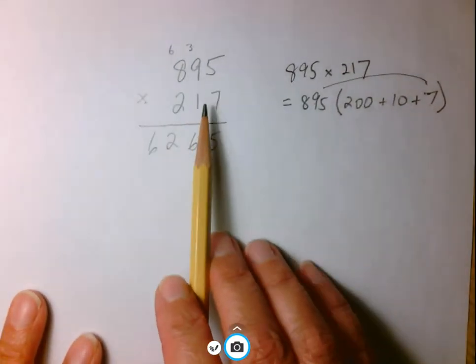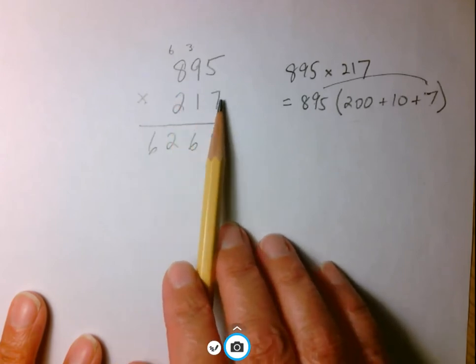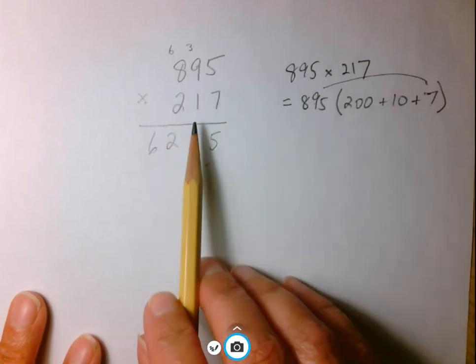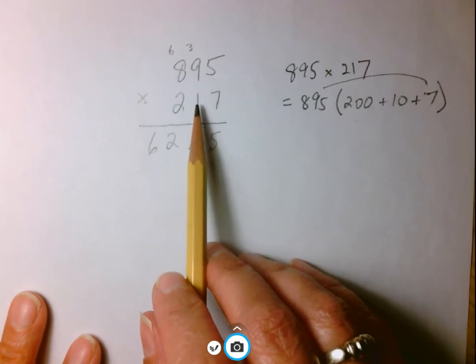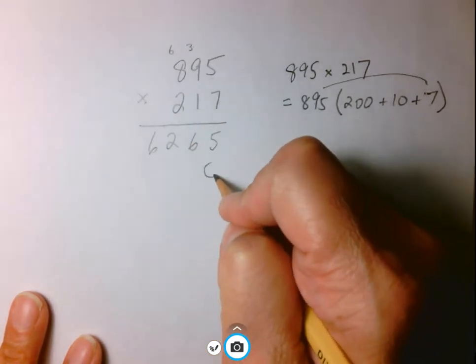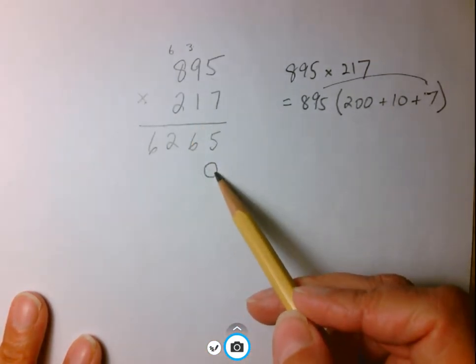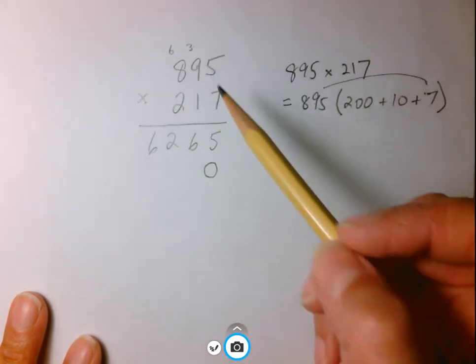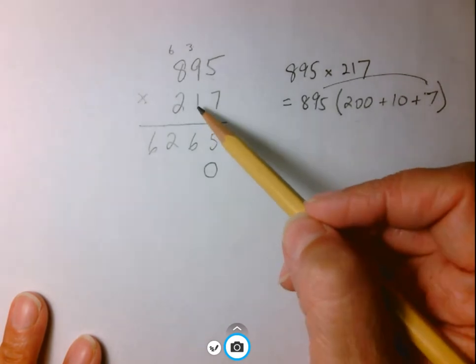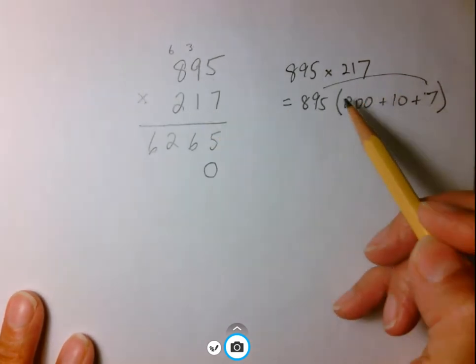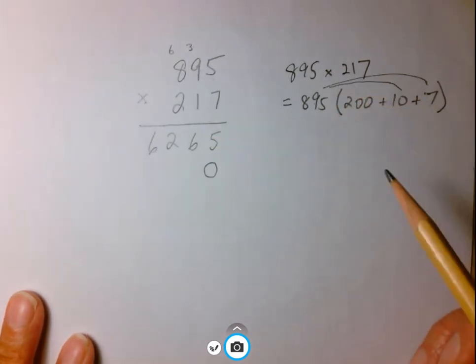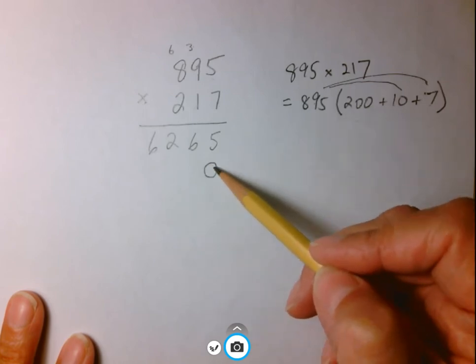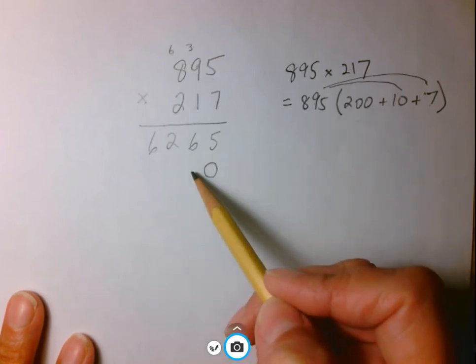The next thing we're going to do is take 895 and multiply it by this 10. Now, your parents would tell you all you do is you place a 0 here. They probably don't know why you placed a 0 here. And then they say multiply the 1 by everything. Well, the reason they placed a 0 here is because that's not really a 1. That's a 10. We're doing 895 times 10. So we'll put that 0 there, and we'll put the other numbers starting in the tens column,